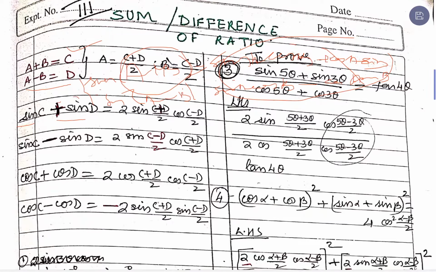So, now this A and B of the right hand side need to be converted to C and D. See, when these two are added, we get C plus D is equal to 2A, therefore, A is equal to (C + D) upon 2. When these two expressions are subtracted, we get 2B is equal to C minus D, so B is equal to (C - D) upon 2. So, we have the right side as 2 times sine of (C + D) upon 2 cos (C - D)